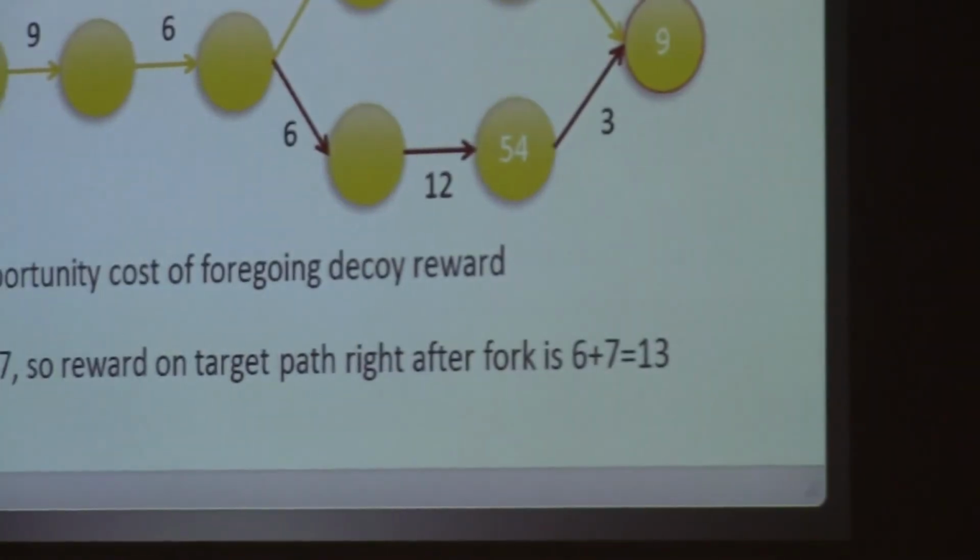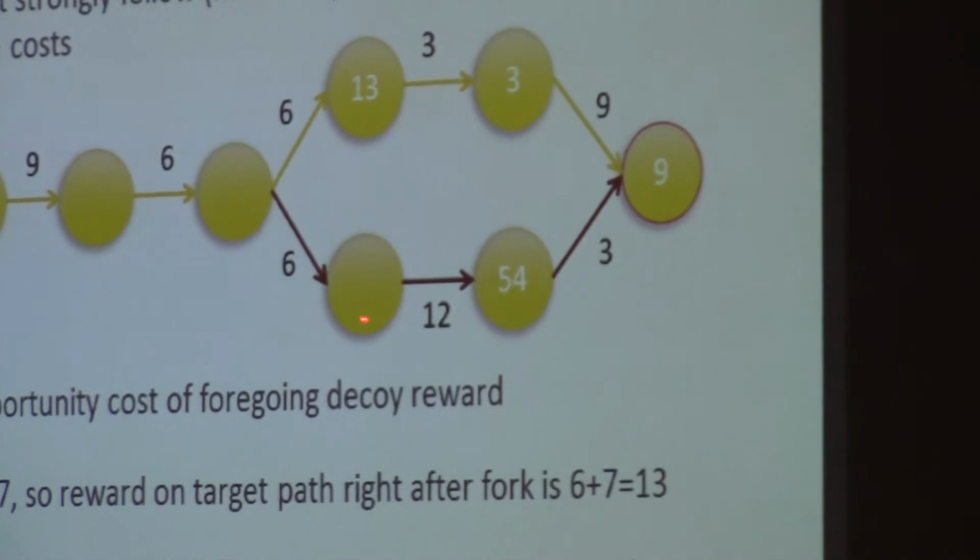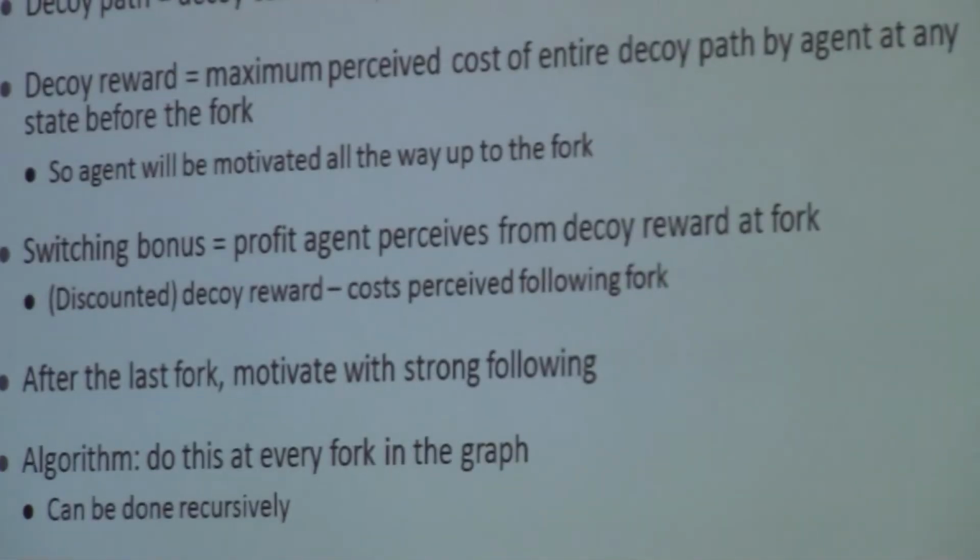Finally, the decoy reward is long enough that I put this here, not here. Because notice if I put it here, it would not be discounted at the fork. So the agent would be like, I'm going to make 54 right now, not discounted when it's at the fork. So it needs to be long enough that I can put it right here, and then it will still discount it. So it's still discounted versus the immediate switching bonus. Yeah, I can go with the switching bonus. That way I don't have to pay out this big, ginormous reward after all. So, okay, that was the fine print.